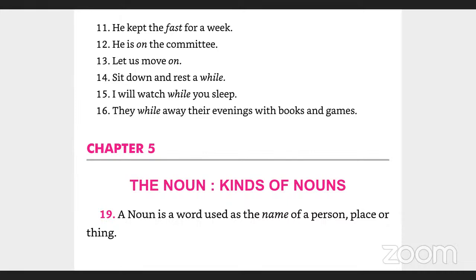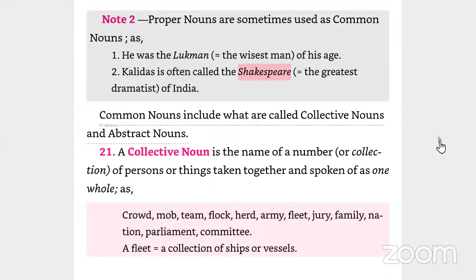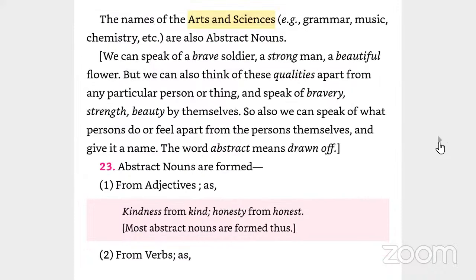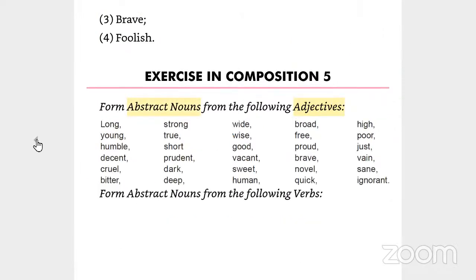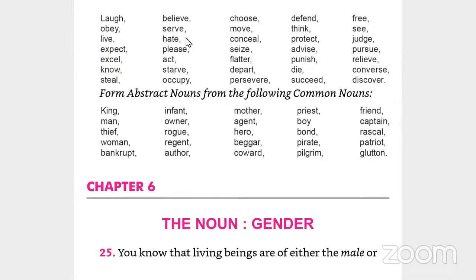Okay, did we start to learn about noun gender? We learned about kinds of nouns for sure. Did we start to learn about the gender of the noun? No. Sir, you have not started noun gender. Okay, so let us start to learn that. Have we done this part of the exercise? Yes, sir. Good. So now let us today learn what is noun and its gender.